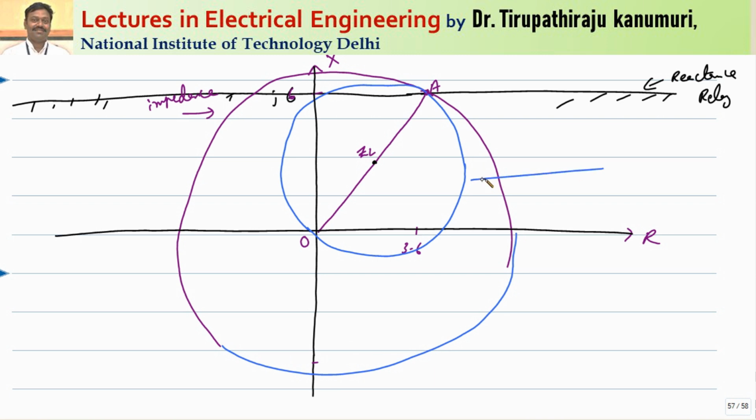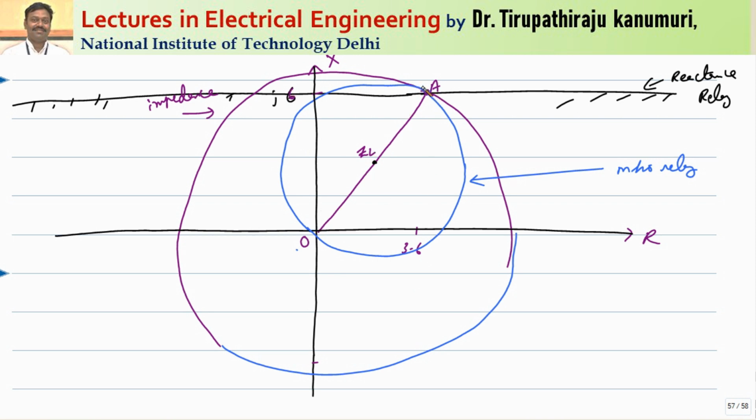This is for the Mho relay. Up to now it is clear to you. I am explaining once again. It is asked that this entire line should be protected, and it is also told that the arc resistance is not there initially. That's why I want to protect the line OA. What is the value of OA? OA is nothing but 3.6 plus j6. Corresponding to that I have drawn this line OA.